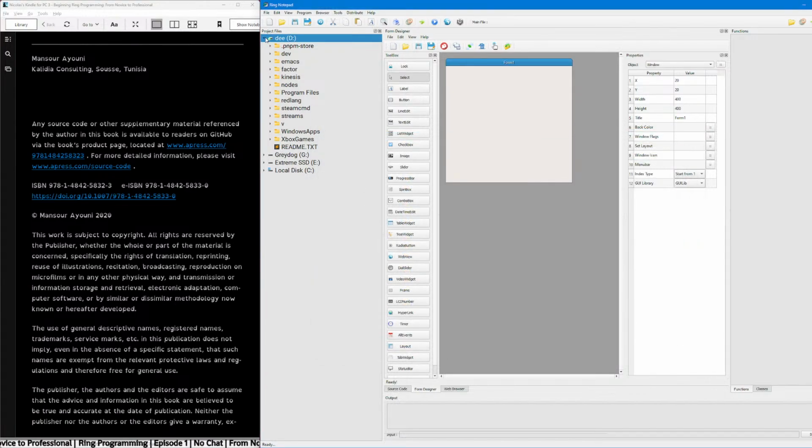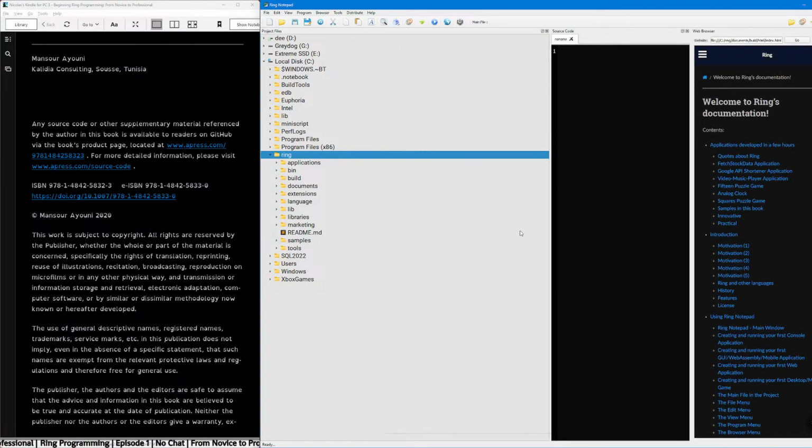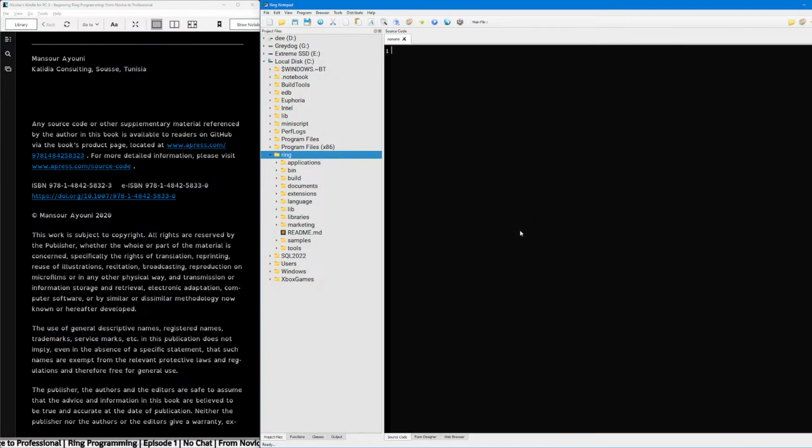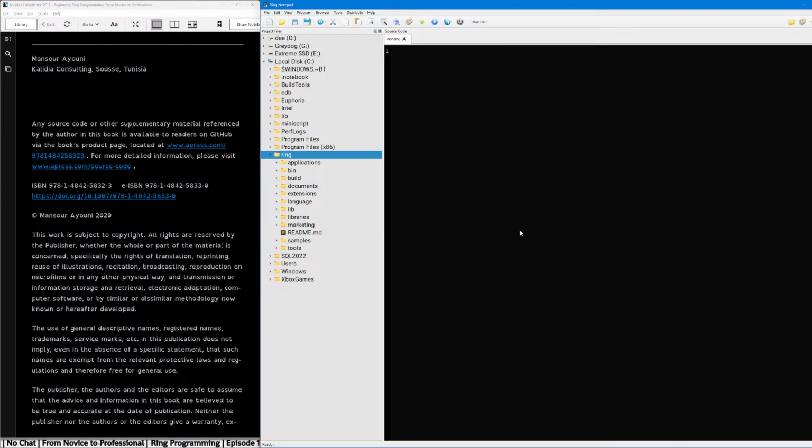No, I don't have a particular file I want to open. Local disk C, ring. There we go. Okay, I'm just gonna follow the book. I'll quit fooling around. This one, I guess. We'll just go with it.